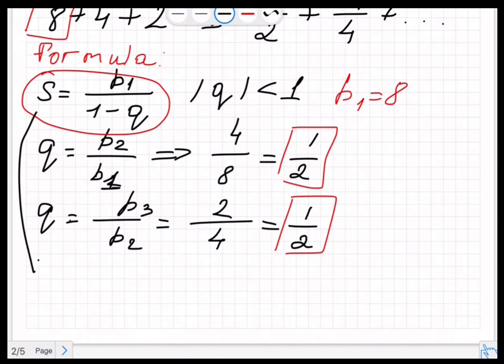So now let's finish this problem. B sub 1 is 8 and Q is a half. So